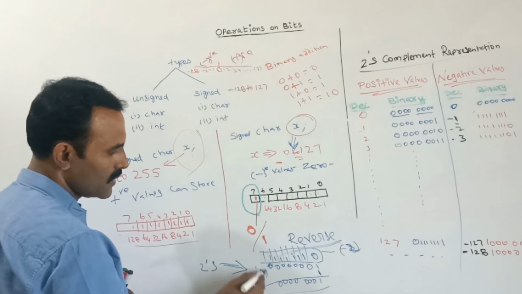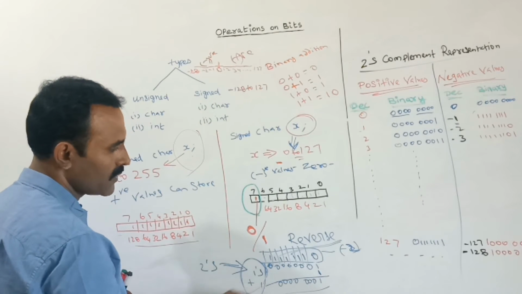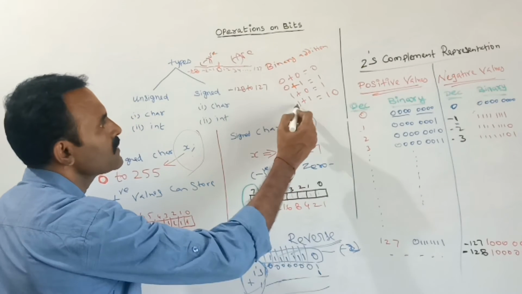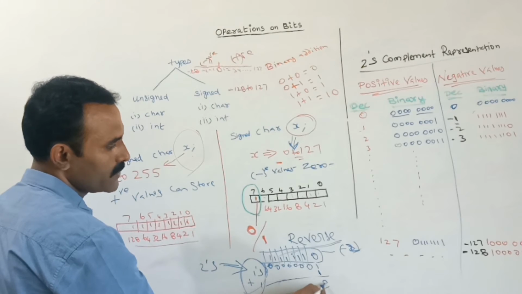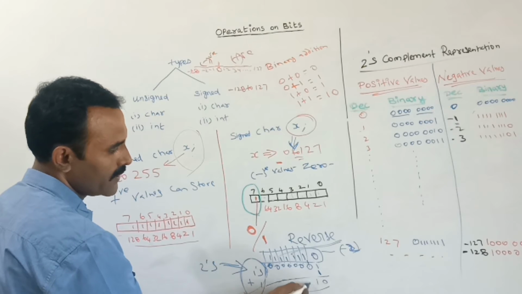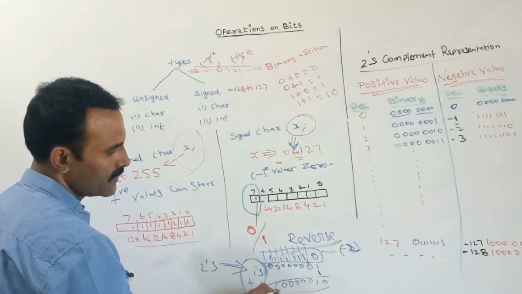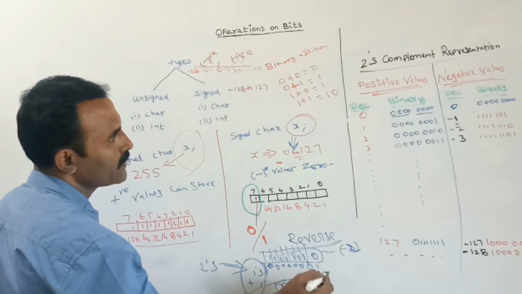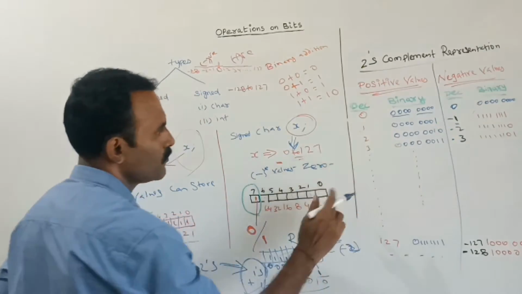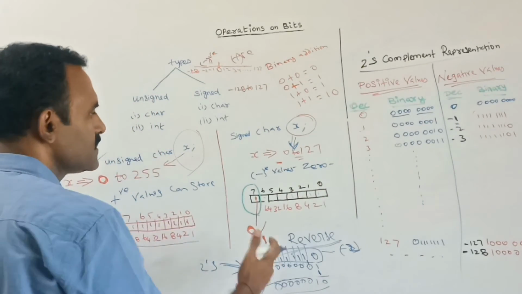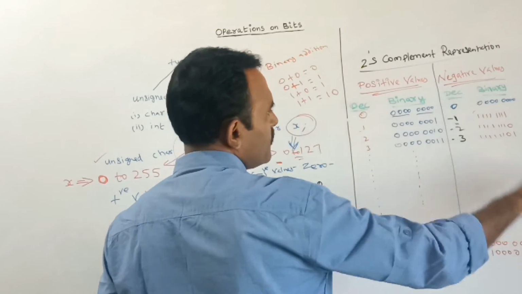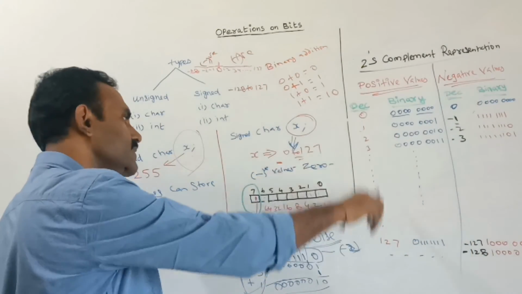See, so this is the 2's complement. First take the 1's complement and add 1. Now I am adding 1. Here 1 plus 1 is how much? 1 plus 1 is 1 and 0. So here 0, carry value is 1. Now 1 plus 0 is 1. Remaining every bit value is 0. So 0, 0, 0, 0, 1 and 0. This is the value of plus 2, positive 2. So this is reverse processing. If you take the 2's complement of this negative binary value, then we get the positive binary value.